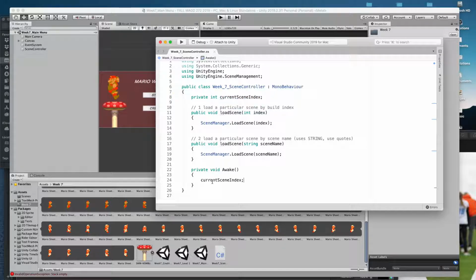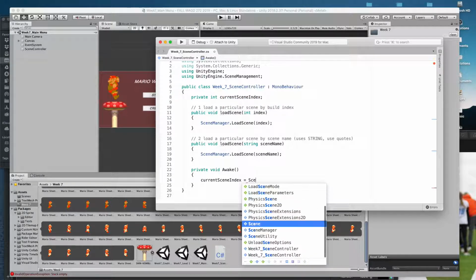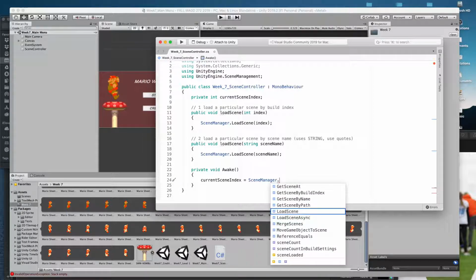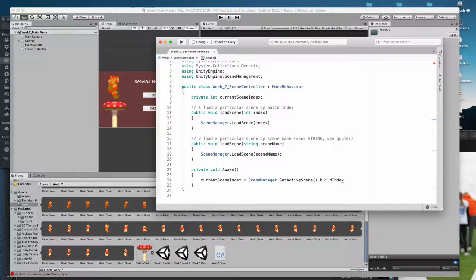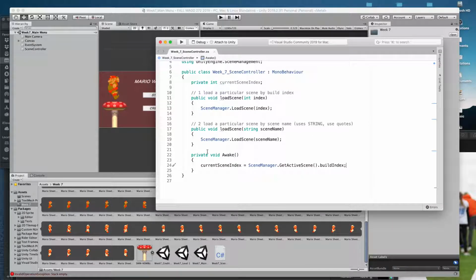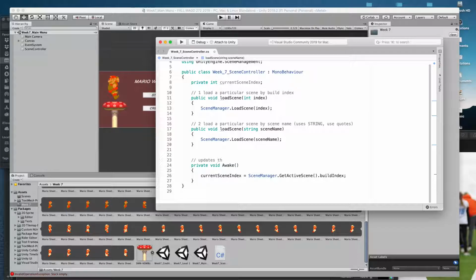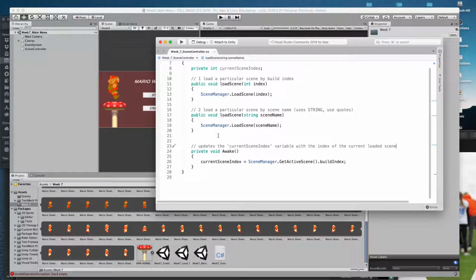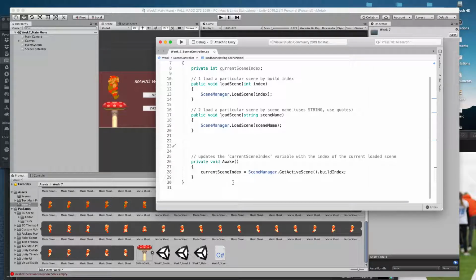How do we do that? We're going to update the value by using the scene manager dot get active scene. Get active scene, and then we can get the build index. Cool. So what does this do? This updates the current scene variable with the index of the current loaded scene. What's nice about this is then once we have the number of the scene, let's say that's level